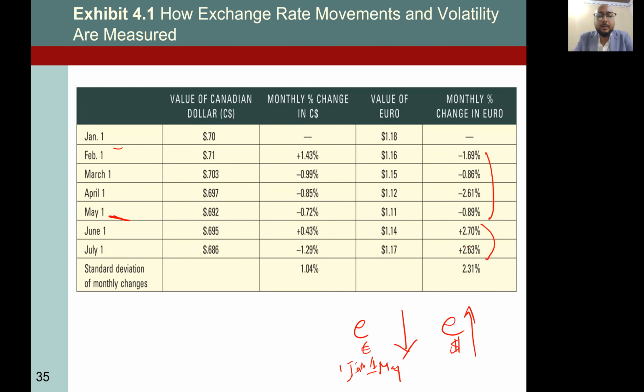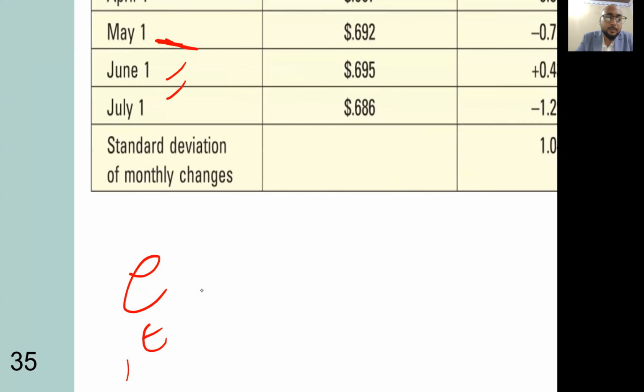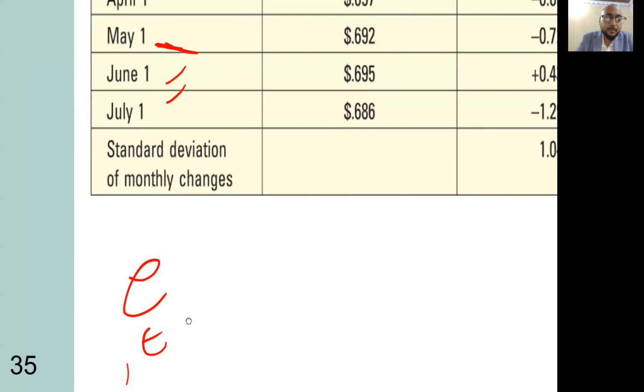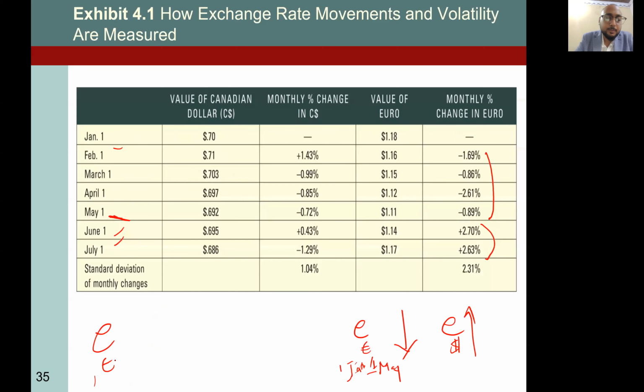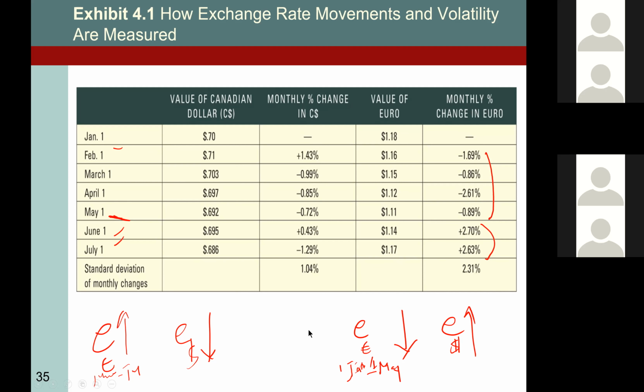But here, from June 1st to July 1st, the euro is appreciating from June to July, which means the dollar is depreciating from June to July. Understand, everyone? Rujiye, Ichiye, Lancelot, Sufyan,